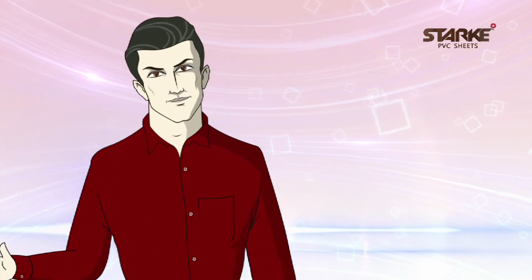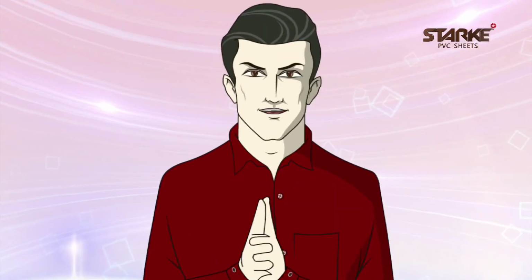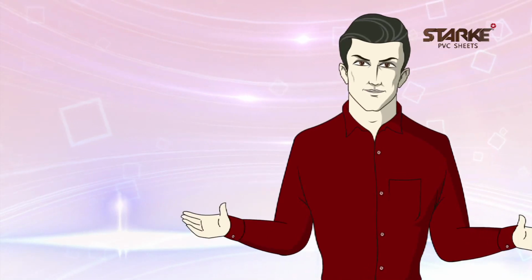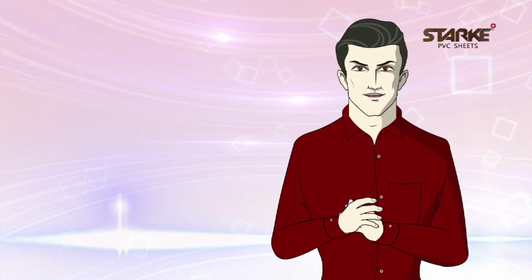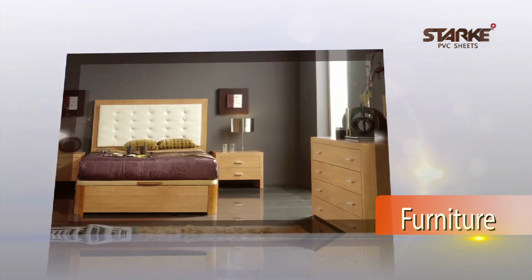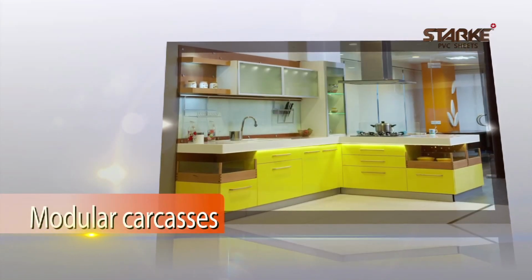So you must be wondering, where can one use Starke sheets? You can use Starke sheets just about anywhere. To give you an idea, here are some of the applications for our boards. Furniture, modular carcasses,